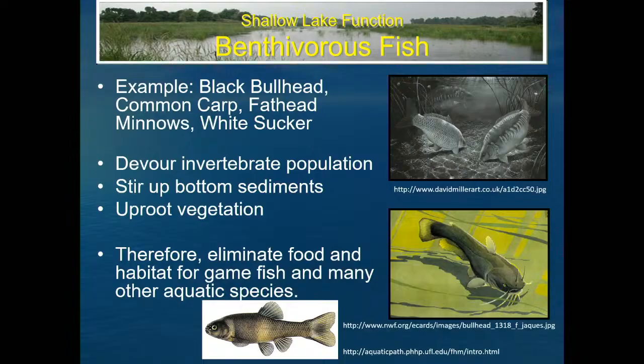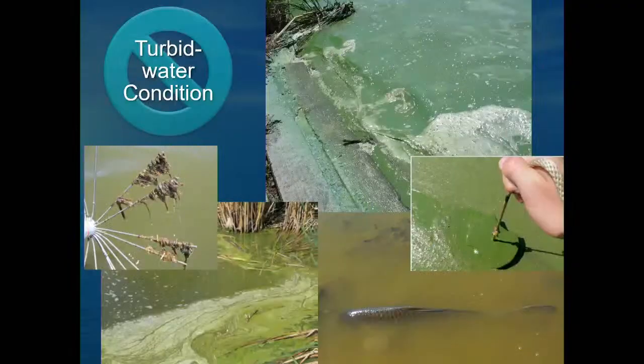The benthivorous fish, carp, essentially, like I was mentioning, they're kind of a feedback loop where they devour invertebrates, stir up those bottom sediments, uproot vegetation, and with that, it just creates better conditions for them, worse conditions for everything else, and this is where it gets hard. So this is why big resets with a drawdown, winter kill, rotenone is what we almost need. You can't really ease your way into this stuff. You kind of gotta go all the way.